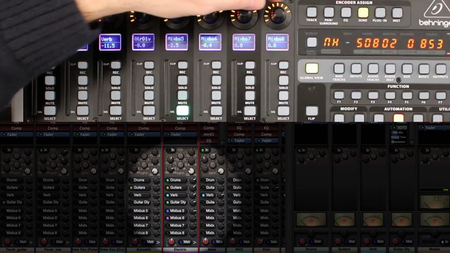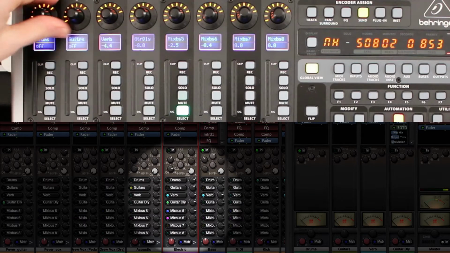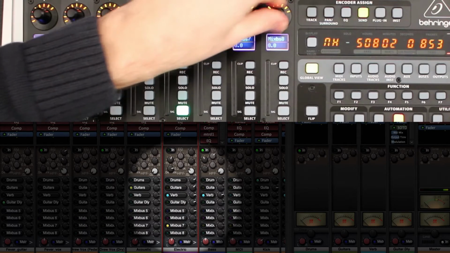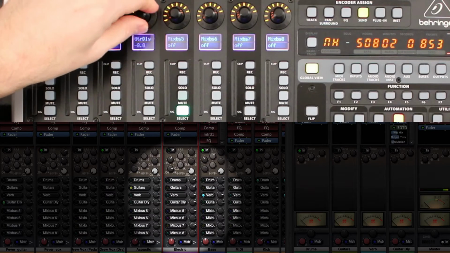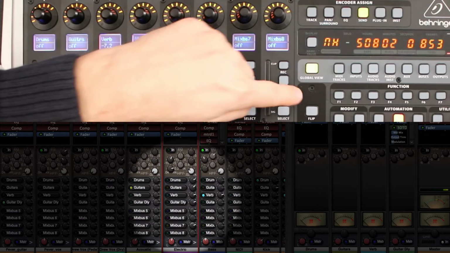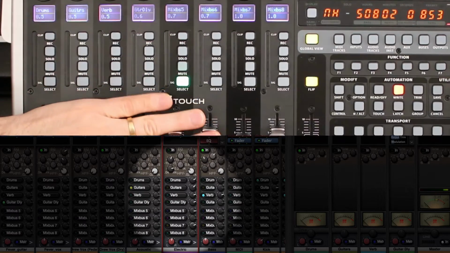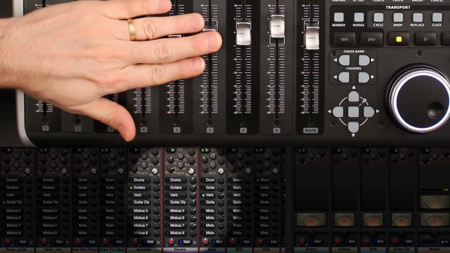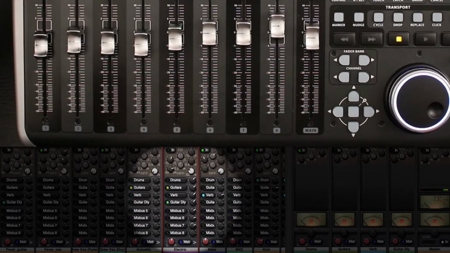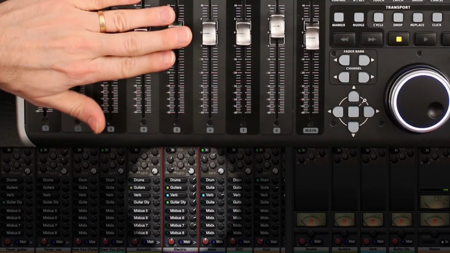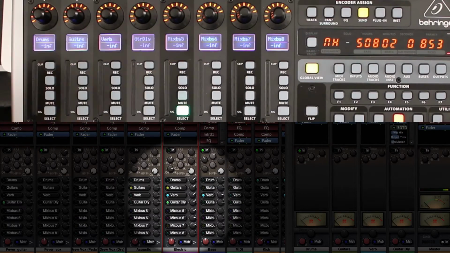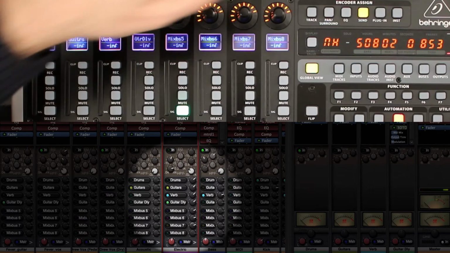If I switch to sends, then I have buttons. By pushing these buttons, I can assign or deassign from my mix buses, and then I have the level controls. And check this out. If I click the flip button, then the faders become the level controls for those mix buses. So I can quickly assign to a couple of different reverbs or build a headphone mix and work the knobs with these faders. So that mode is only active in the send mode.